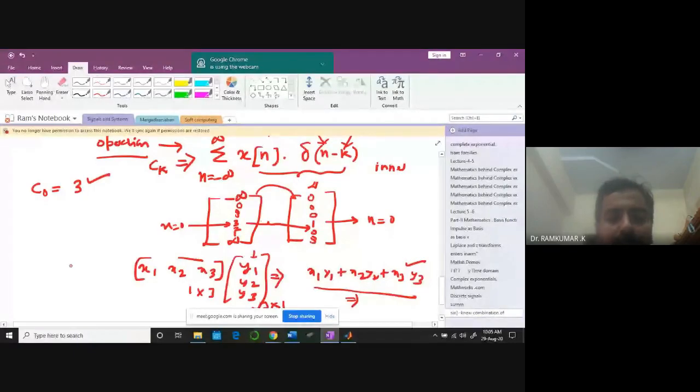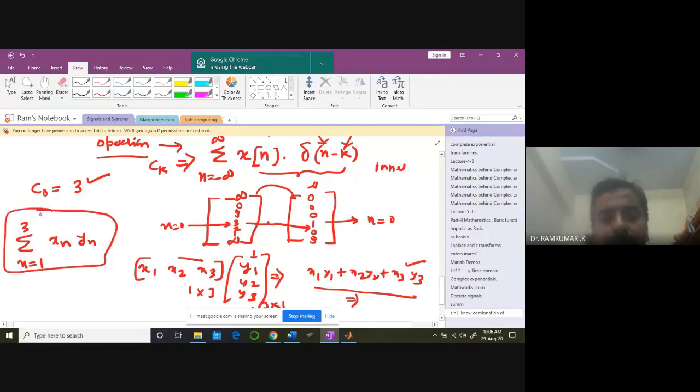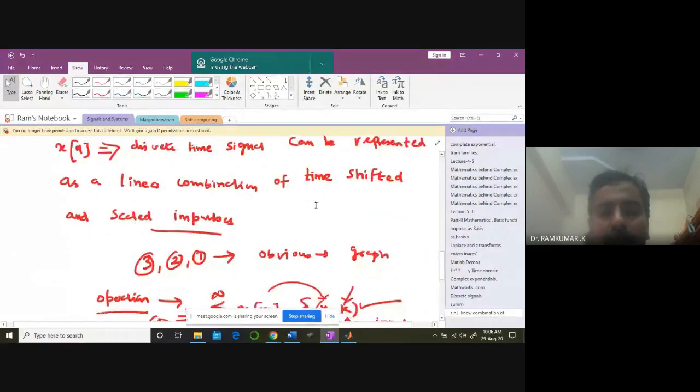That's the operation. This operation I'm writing like this, with n varying from 1 to 3, x n and y n. Can you substitute this? Can you see it? x1 y1, first one. If I plug in x1 y1, then I have to add plus x2 y2 plus x3 y3. So this is the summation I'm talking about. So this is a kind of summation. Instead of y n, the basis vector, I'm going to have delta n minus k. But that's going to have value only at a particular instant because the k is selected. I'm looking for only one k, so the k is selected for one particular. So this is the idea I was talking about in the last class.